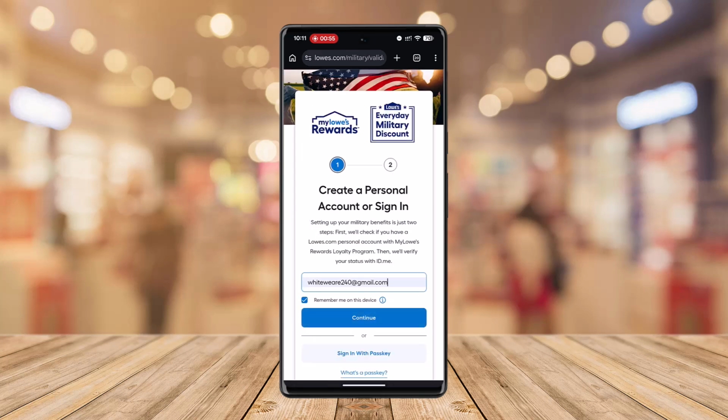After which, you want to make sure to select the verify with ID.me button, and you will be redirected to a secure third-party ID.me platform to confirm your service. You may need your name, date of birth, military badge, and separation date as well. And if instant verification fails, you may be asked to upload military documentation like DD 214, LES, or veteran